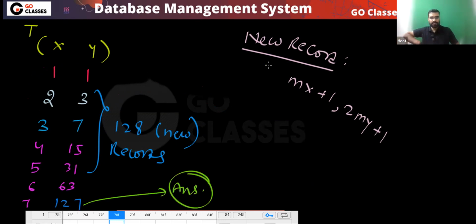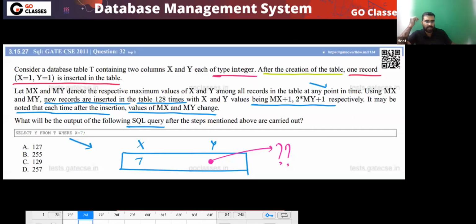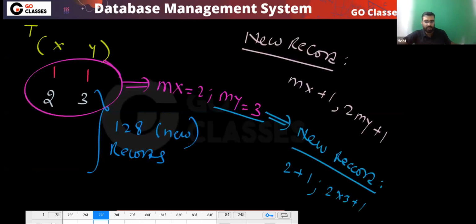This is your answer. Is this clear? Okay, so your answer is 127. But if the question is asking, what will be the answer for this value? If I change the question, and what will be the answer for this value? Like if I select y from t,